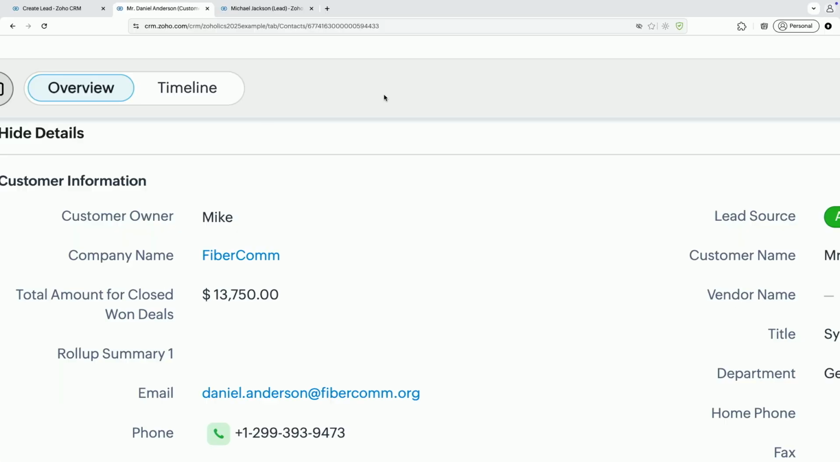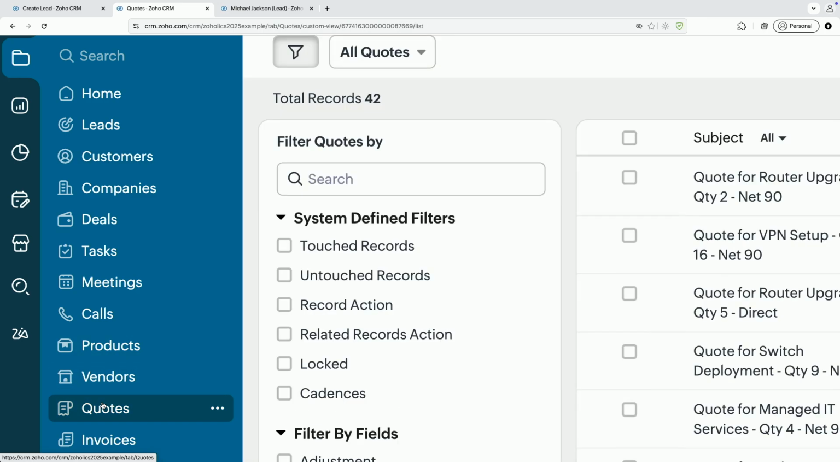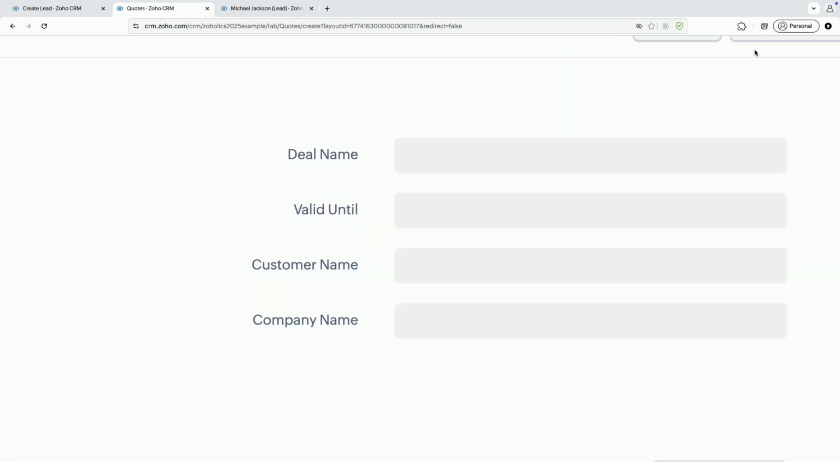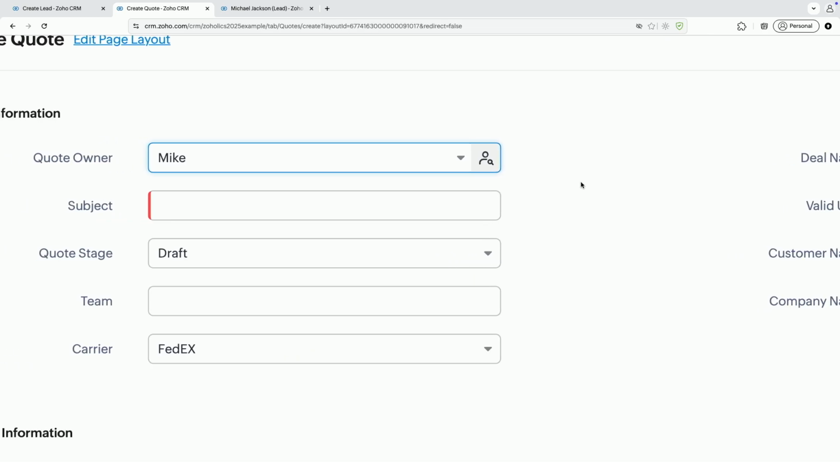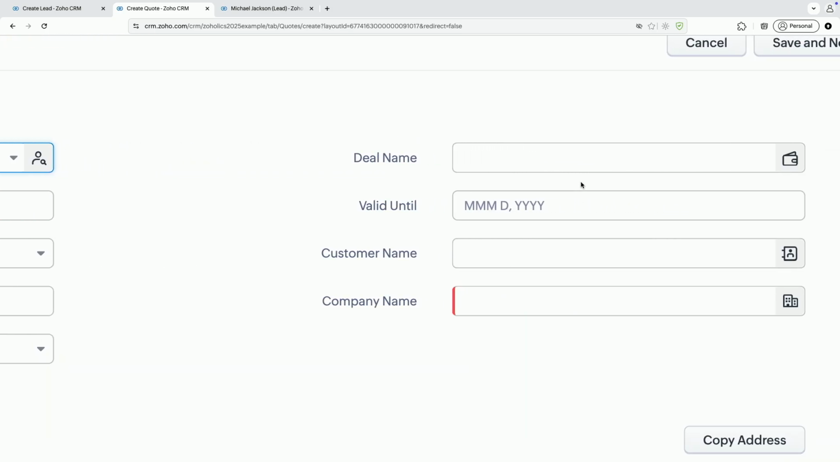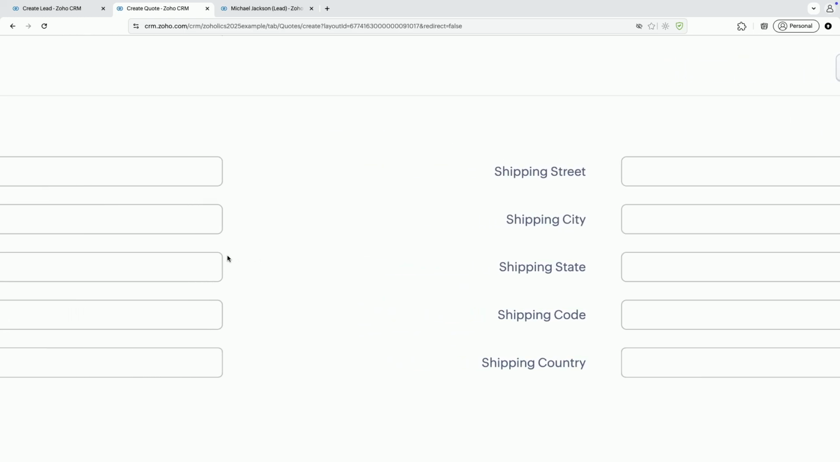So let's go ahead and build a quote here. And if I were to go ahead and build a quote, the fields that I have on my quote page are going to be subject, deal name, customer name, company name, and some address information as well. I don't want to fill this in every time. I already have a deal with all this information. The deal already